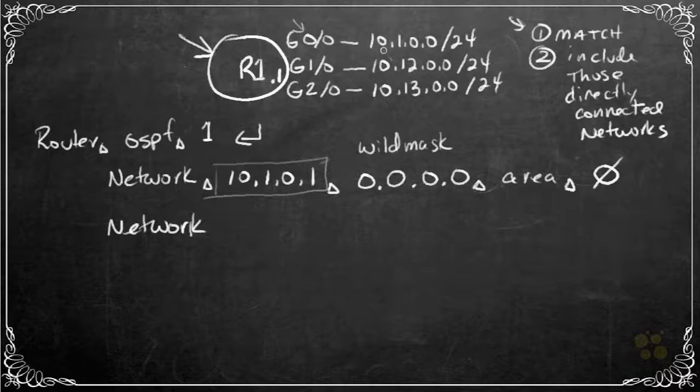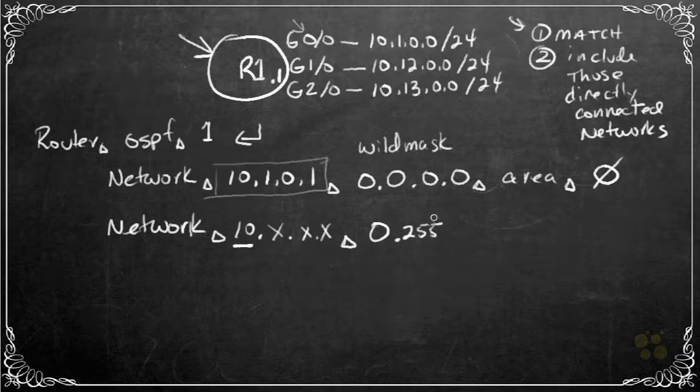We have every interface here starts with 10. So what we could do is say network 10 dot, and then for these three octets, I'm going to put X's just as placeholders for a moment, space, and then with the wildcard mask, we could say we care about matching the first octet, hence this 0 says I care about matching, but for the last three octets, we could say 255, which represents 8 bits, 8 wild bits, meaning I don't care what's in those 8 bits of that second octet,